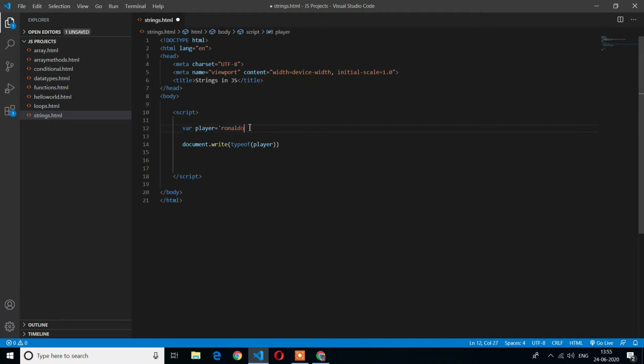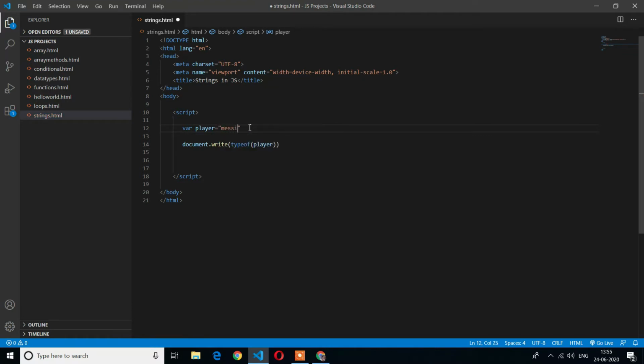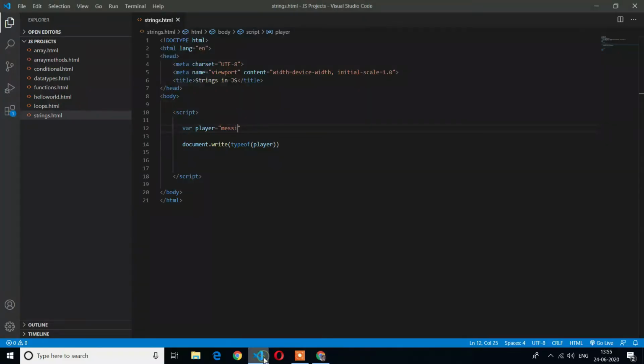We can also write the name in double quotes, so I will write the name Messi in double quotes. Here also the output is the same, string. So we can declare a string in single quotes and double quotes.